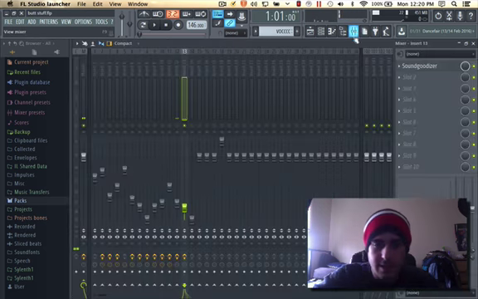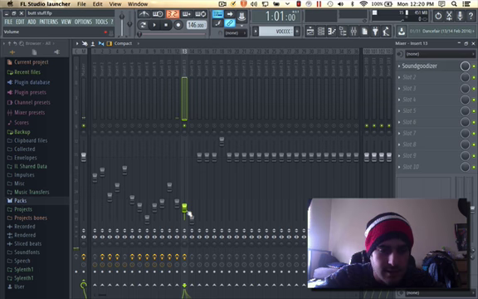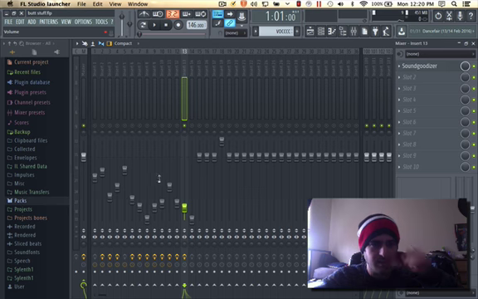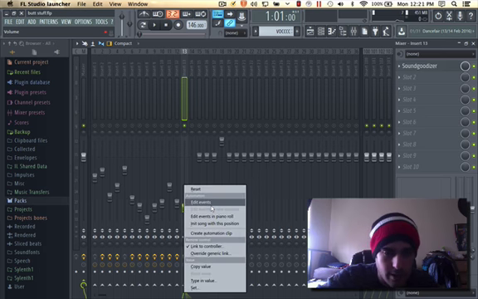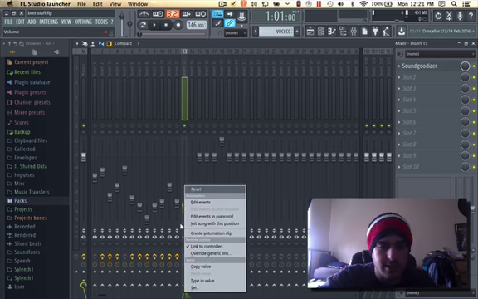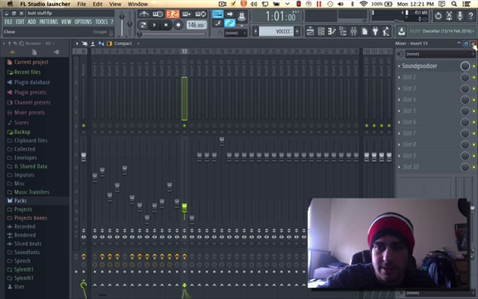And before I move on to the next set of sounds, I want to show you that to automate this, I went to this fader because I wanted to automate. In FL Studio, whatever you want to automate, you actually have to go to it. You can't just pull down a drop-down menu like you can on Logic. You have to go to the thing you want to automate, and you can automate anything, and then you right-click it, create automation clip, and then what it does is on